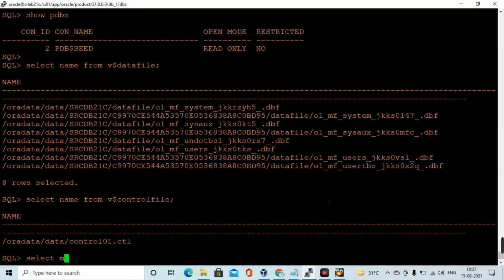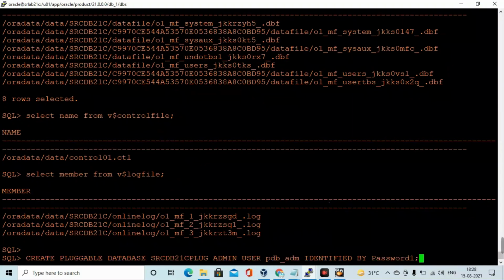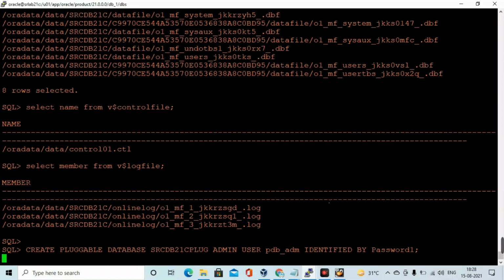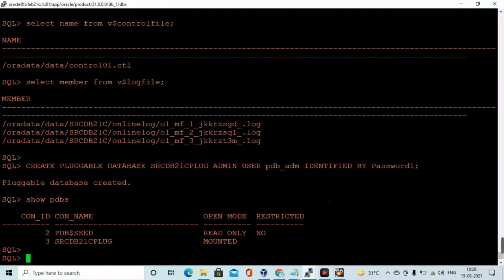Oracle by default created the OMF directory, and then it placed those PDB seed data files. Okay. Now everything looks good, and for the control file, I have created only one file. I have mentioned in that Oracle database creation script only one file, I mean in that pfile also, and online redo log files, there will be 3 files in the same location only. Okay, now I have created that pluggable database SARCDB 21C plug through that PDB seed.